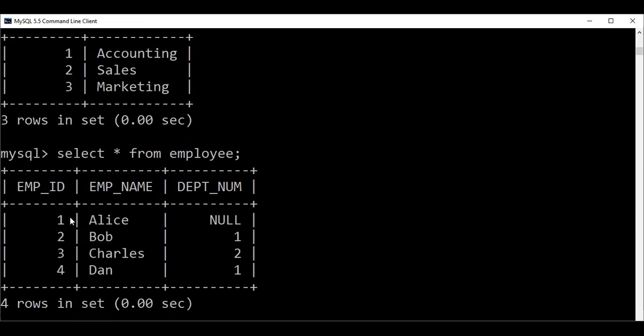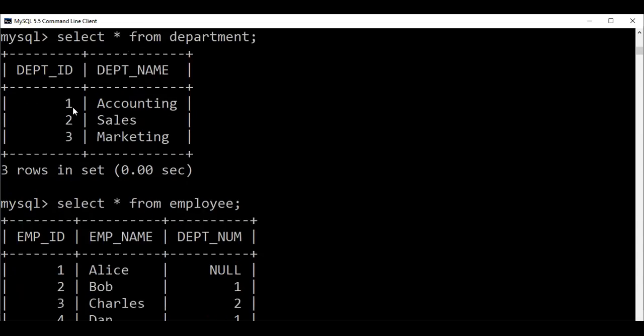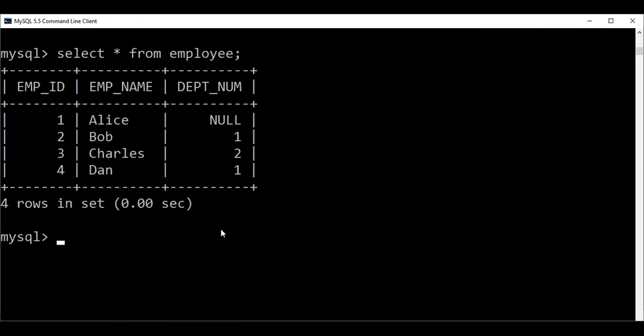Now see here, which one is common? You can see this department ID and this department number have the same domain. Please remember, only the names are different. If you check how they're related, the foreign key of the employee table is department number, which is referencing this department ID. So you can change this department number to department ID also. The same thing I did in employee two. So these are simply two example tables.